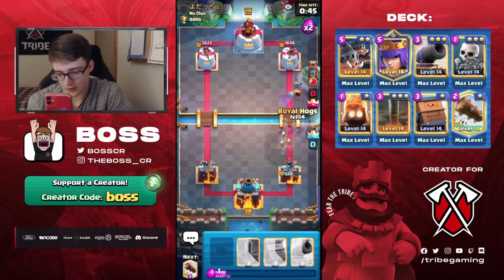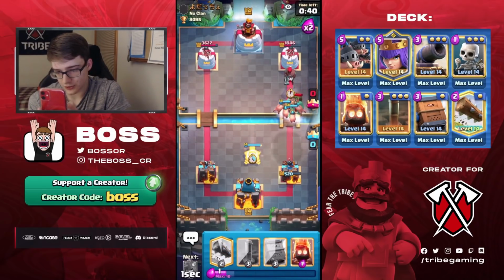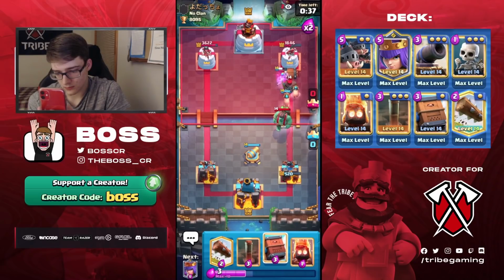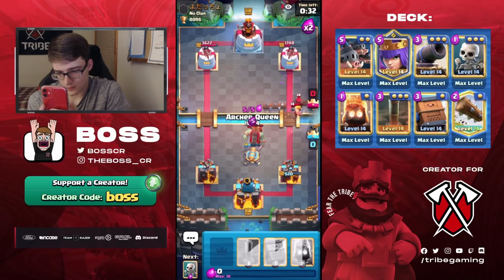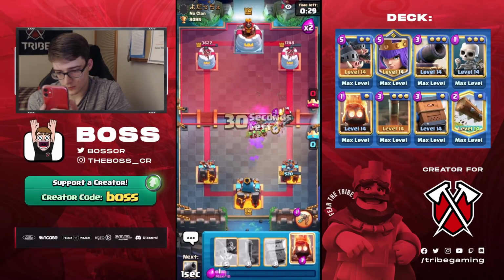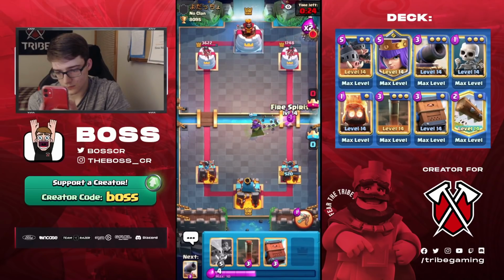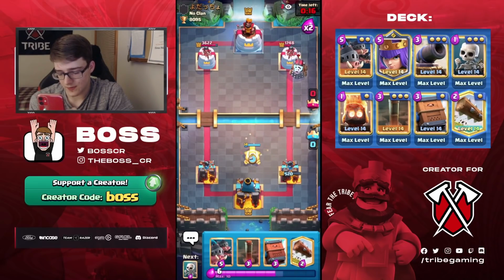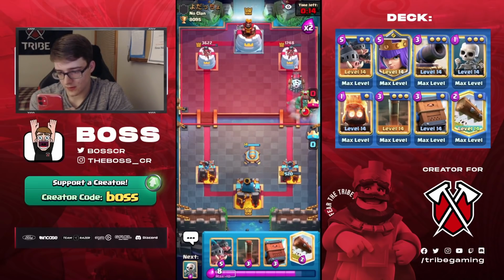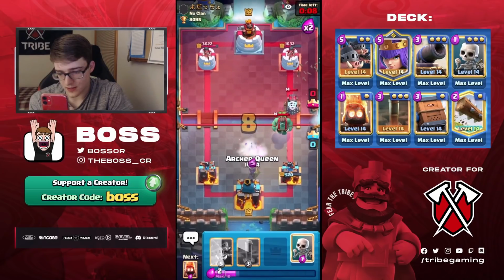We need to try to go Royal Hogs. Oh no, drop glitch! No! The worst time when we're trying to pressure. That's super frustrating. Well, I guess if he has a lightning, then we're screwed. I thought he did at first, but he hasn't used it yet, so maybe...